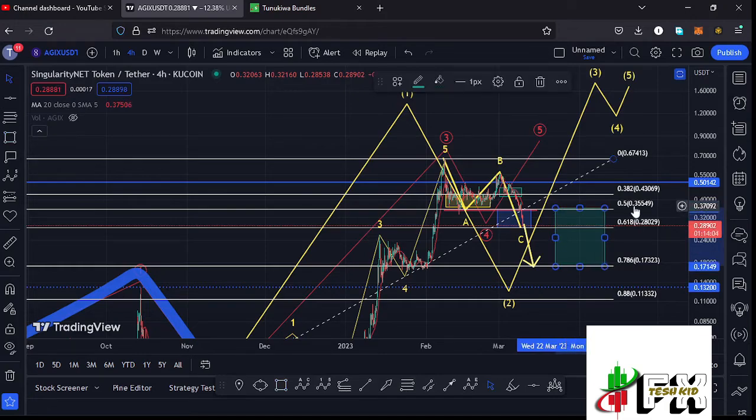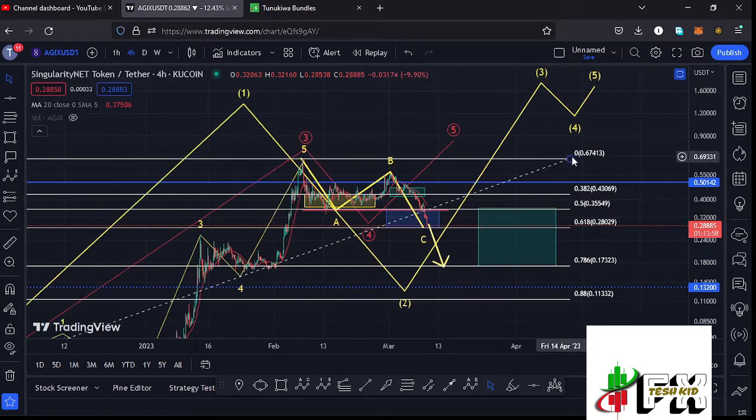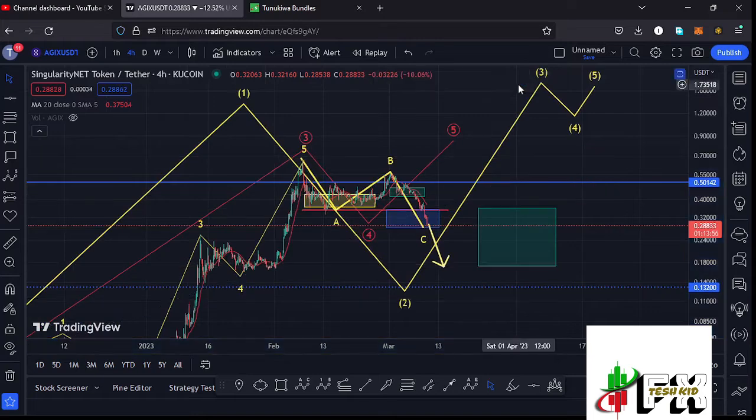It lies between the $0.49 mark and the $0.17323 mark, and that is the alternative scenario that we can expect here on the AGIX chart